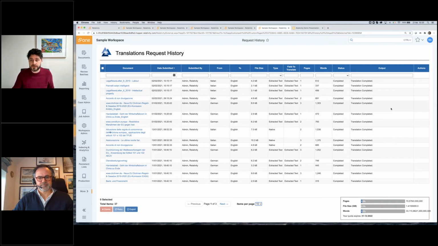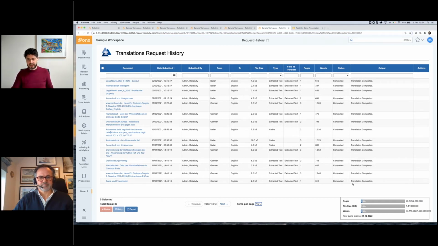If for some reason your translation fails, there'll be a message here which will tell you why it failed, and you'll have the option to retry the translation as well if you want to. So all of this information allows you to see for a particular workspace what's been done and when. You can export all of this information, bottom left-hand corner, to a CSV file. And so again, the reason you might want to do this is you might be sharing your subscription across multiple different workspaces. And so that allows you to see, okay, out of all of our pages, this matter has done this many pages, this client has done this many, and then work out how you want to orchestrate your billing or your administration after that.